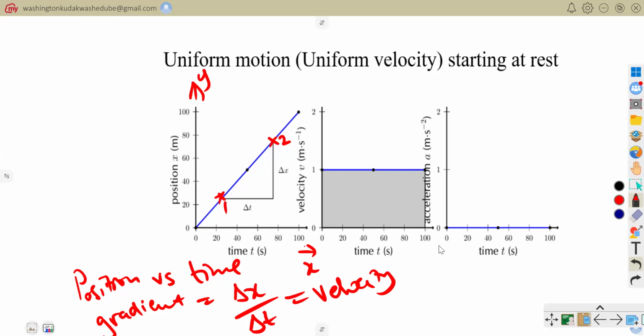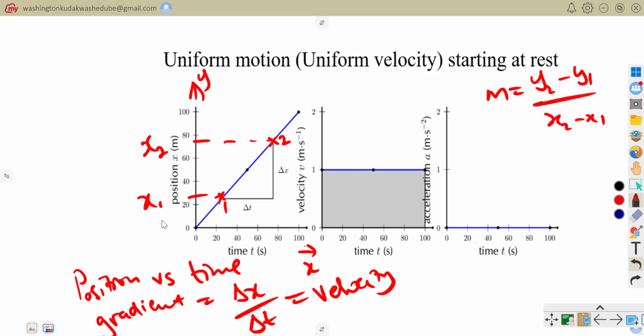You know that if you want to calculate gradient, which you usually depict by m, we say y2 minus y1 over x2 minus x1, where we say the value of y2 minus the value of y1. So the value of y2 here would be what? It would be x value. So that is the position at point 2, position at point 1. And then the value here